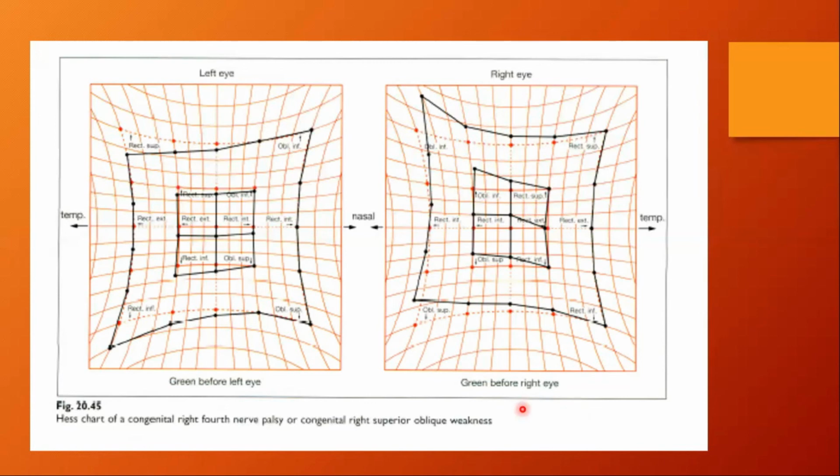But again, you will get in trouble. If it is comitant, why is there under action in the first place? Once there is under action, because in comitant the chart should be normal. If it is a pure comitant, it should be normal action in every position. Remember, in comitant strabismus, we have full action for each muscle.